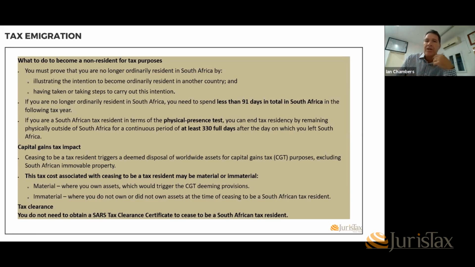As I mentioned, the top tax rate for capital gains tax in South Africa is an effective rate of 18%. And the question is, if I leave South Africa to take up residency somewhere else, the next question is, do I immigrate from a tax point of view? If I don't immigrate from a tax point of view, I won't trigger the so-called exit tax, the up to 18% capital gains tax. But the downside of that,